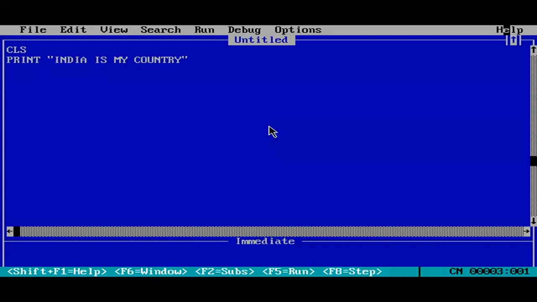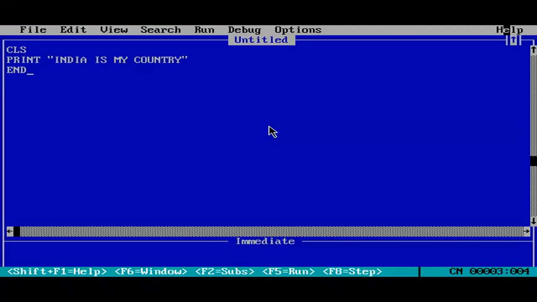Then if I press F5, you'll see that the output will be displayed as India is my country. Here it says press any key to continue. You can press any key, say P, or you can press Enter. Enter is better. So now let's just remove this.